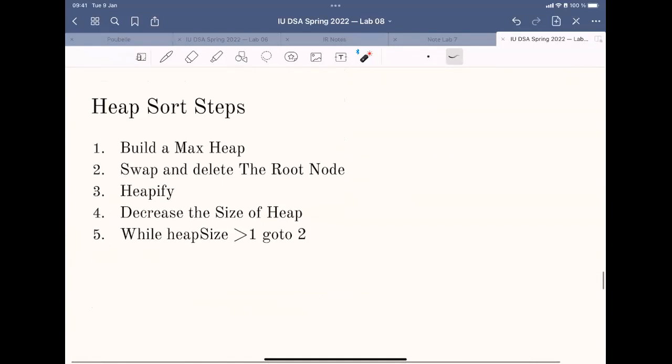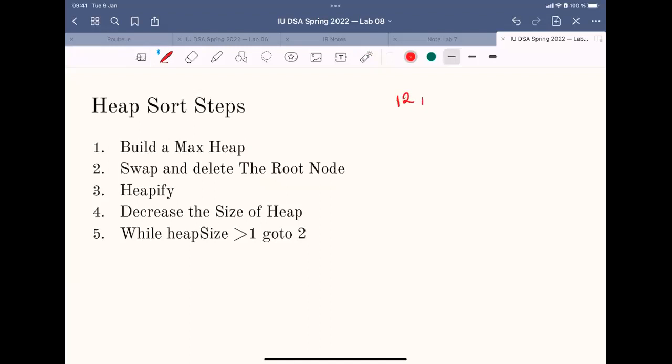So let's resume the heap sort algorithm. First, you need to build the max heap. Building a max heap, given a sequence. What is the time complexity of building a max heap? If you are given a sequence, for example 12, 0, 20, you have to build a max heap. It should be n log n. If you are given the sequence, you should not confuse it with being given